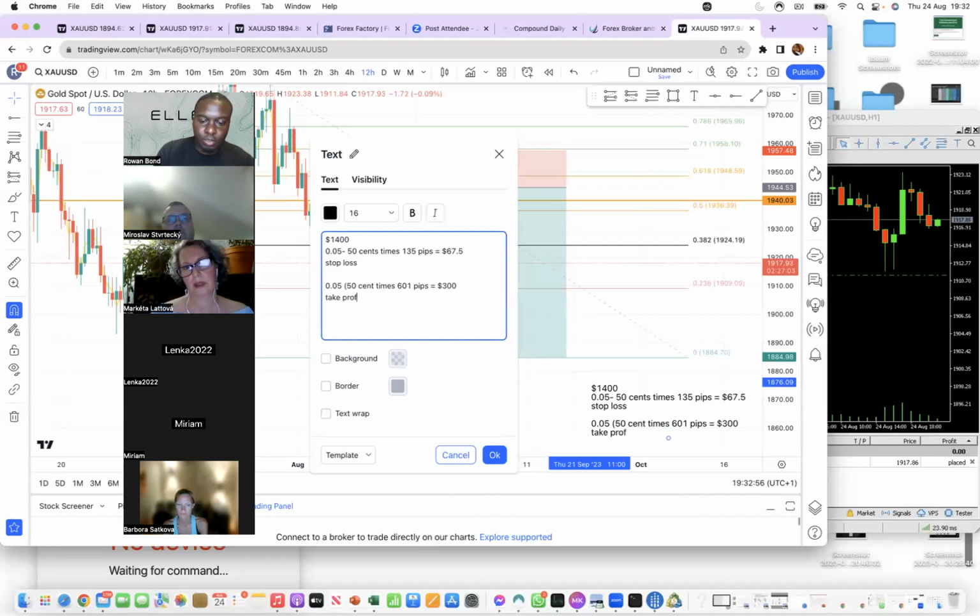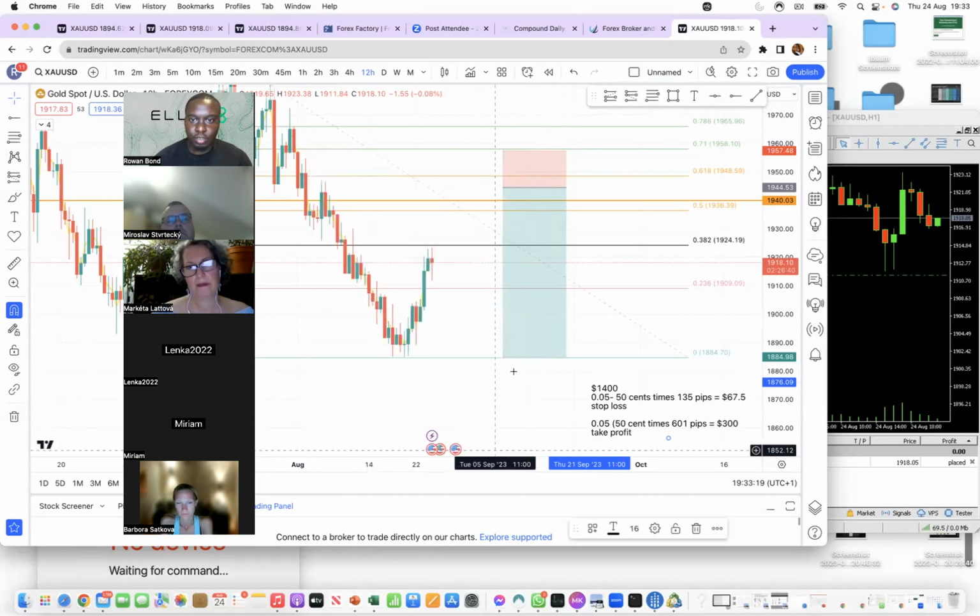Is that making sense to everyone? So far it makes sense. Yes. Is it making sense how to work out your stop loss, how much you're risking, and your take profit? Does it make sense, so that we know how much we risk and how much stop loss to set? Okay. The other thing is when you do this, so this trade here, I'm going to put it